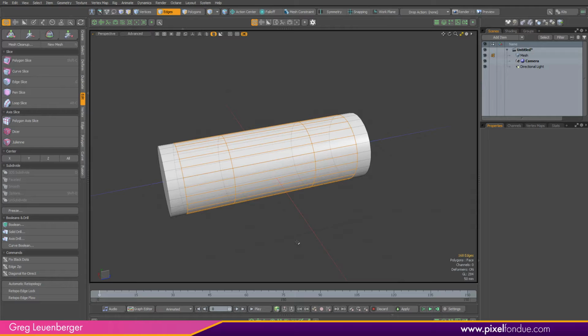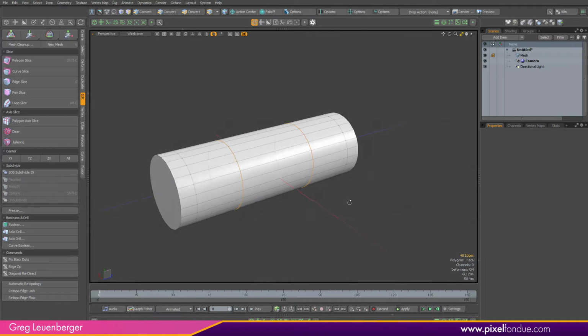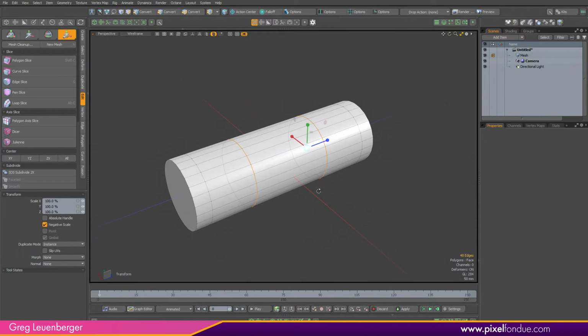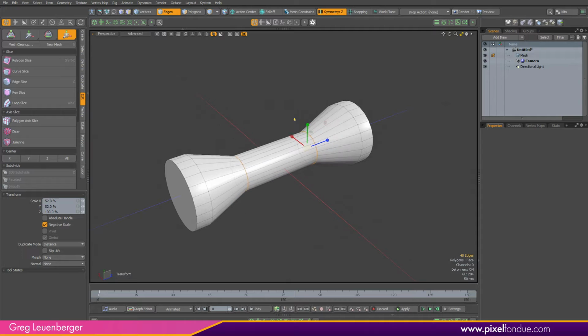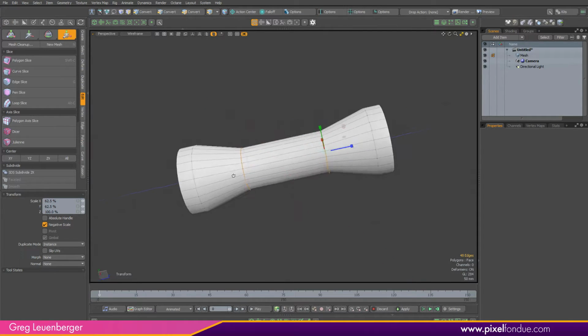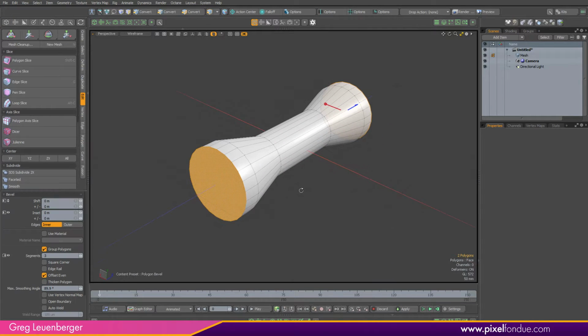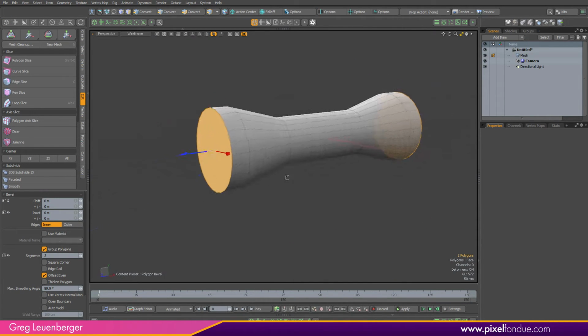Drop our tool by pressing Q, and then I'm going to turn symmetry on. And if I just click it, I get X symmetry, but I actually want Z in this case. So press Alt, click symmetry, and get Z. And now if I double click an edge loop, I have it get the other side as well. Press the scale tool here, so R for scale, and just sort of scale down the middle of our scope like that. And then we'll click this polygon on the end there, B for bevel, and we'll just do some